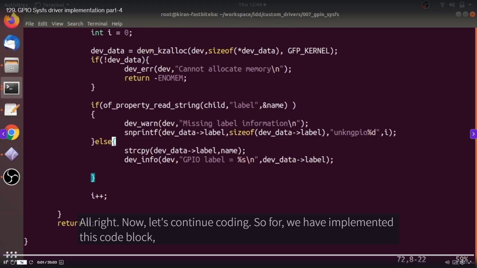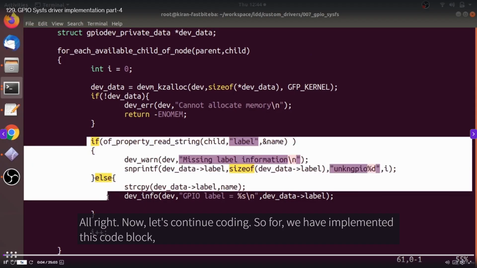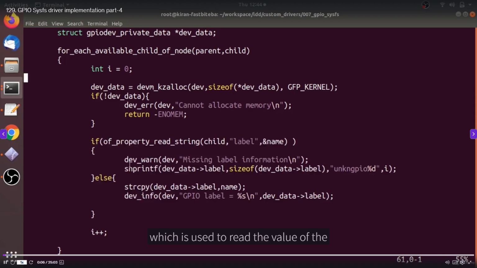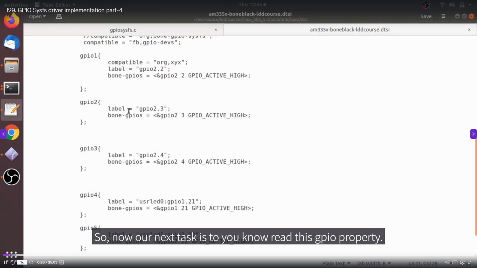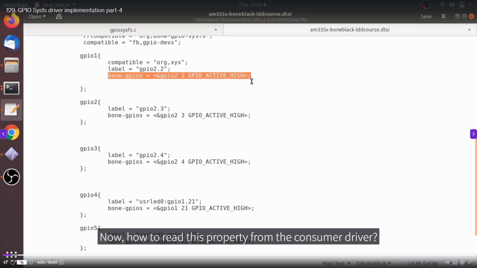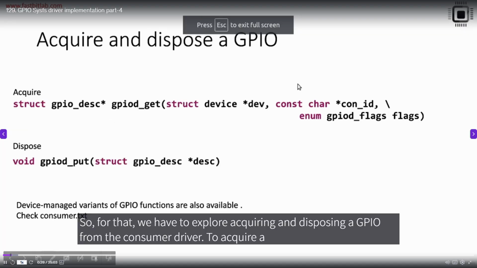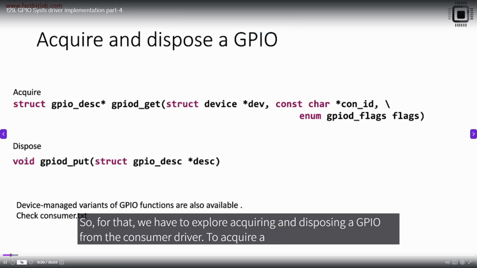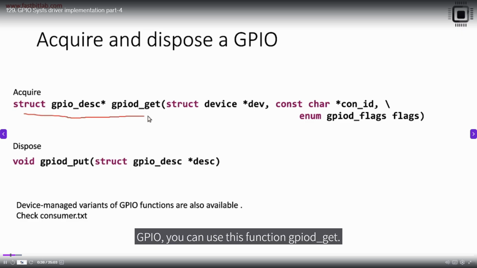Alright, now let's continue coding. So far we have implemented this code block, which is used to read the value of the label property in the device tree node, isn't it? So now our next task is to read this GPIO property. Now how to read this property from the consumer driver? For that we have to explore acquiring and disposing a GPIO from the consumer driver. To acquire a GPIO, you can use this function